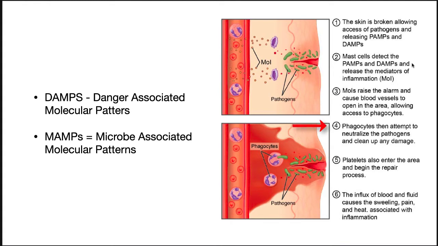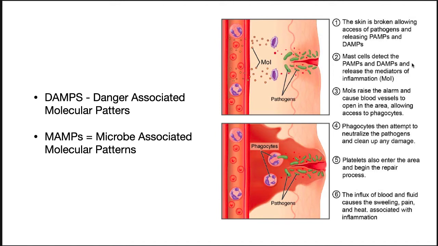Phagocytes then attempt to neutralize the pathogens and clean up any damage. Platelets also enter the area and begin the repair process. And finally, the influx of blood and fluid causes the swelling, pain, and heat associated with inflammation. In some cases, this will take care of an infection. A lot of the time when you get cuts, it doesn't turn into an abscess because your body deals with it. Even if you get a viral pathogen that starts infecting your skin, the inflammatory process on its own may